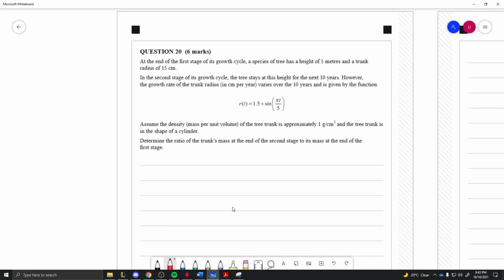So this is just my approach. There are probably different approaches, and the marking guide may have a different approach, but this is just a